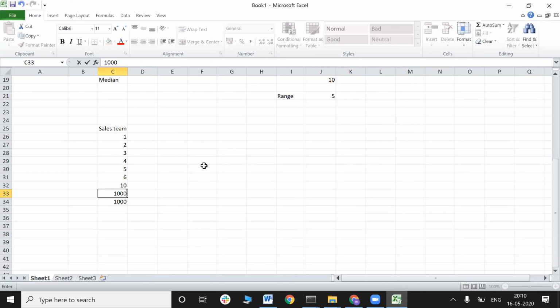These are the teams which are outperforming well. But overall, all the teams are in this range. Only 2 teams have outperformed. So I cannot tell that my sales team has worked with a range of sales within 1 to 1,000, because these are 2 outliers.